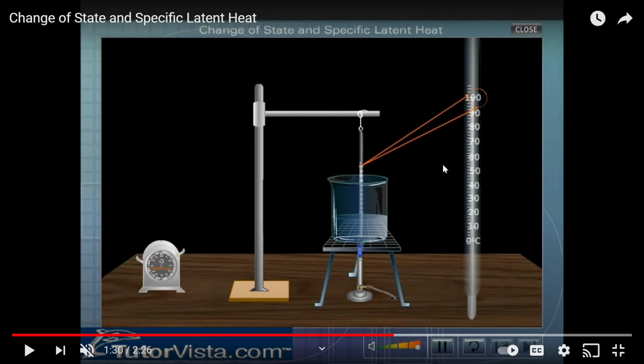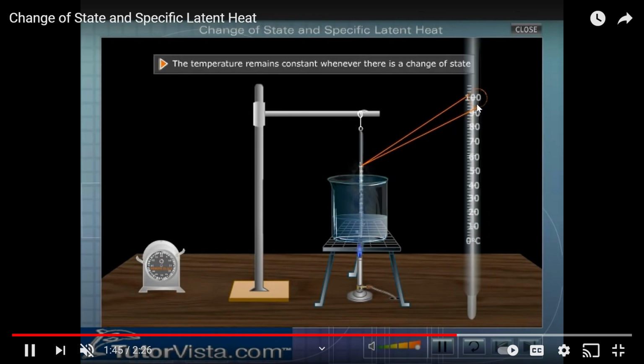But I am asking you to continue the heat. You will tell me, ma'am, now the temperature has reached 100, should I stop? So I am telling you, no, do not stop it. Do one thing, continue heating. Now what will happen? The boiling water will now get converted into steam. And you see, the liquid state has now converted into gaseous state, but the temperature is constant now. It is 100. So children, mark my words,